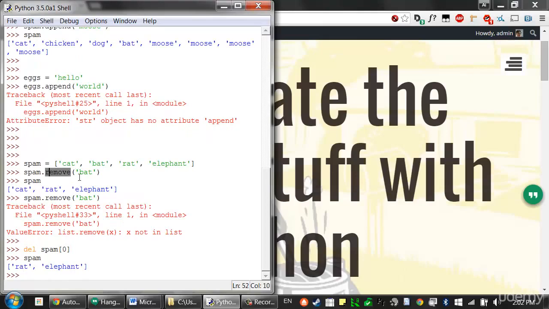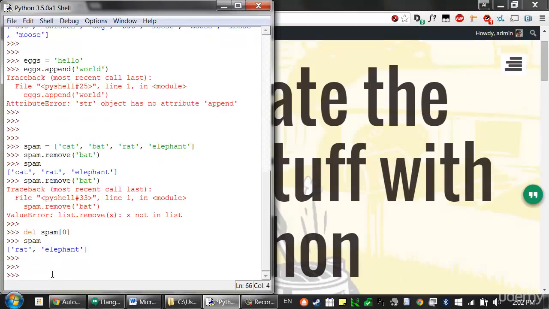But what the remove method does is that it allows you to specify a value that you want to remove rather than the index, and it'll remove this value no matter where it is in the list. And like the index method, if a value appears multiple times in a list, only the first instance of that value will be removed. So if I had a list in the spam variable like